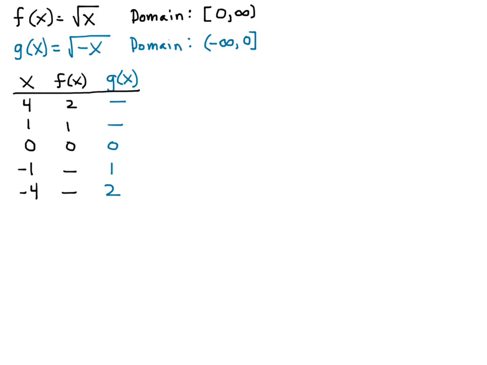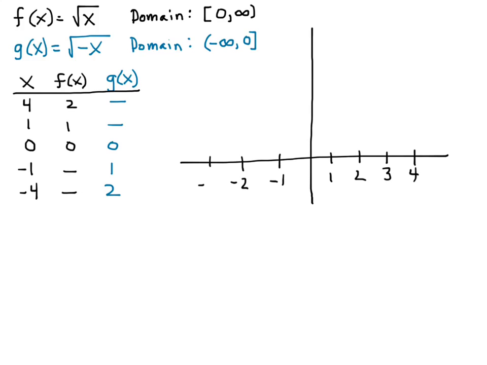So I'm going to extend this table and take x from 4 to negative 4. I know that f at x doesn't evaluate at negative 1 and negative 4, and g at x doesn't evaluate at 4 and negative 4. But if I were to graph that, what I would get is first f at x going off to the right,